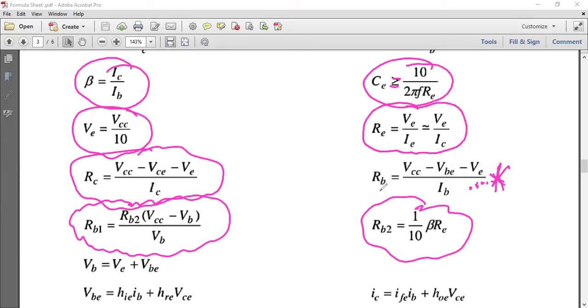The only part that we are now considering is this. And also I talked about this VB, that VB is equal to what? VE plus VBE. So these are the calculations that you need, except for this one. This one is not going to be there. As long as you are dealing with the voltage division, these are the formulas that you need. So as you can see, some of the formulas, you considered them before. All right, so let's check how questions can be given